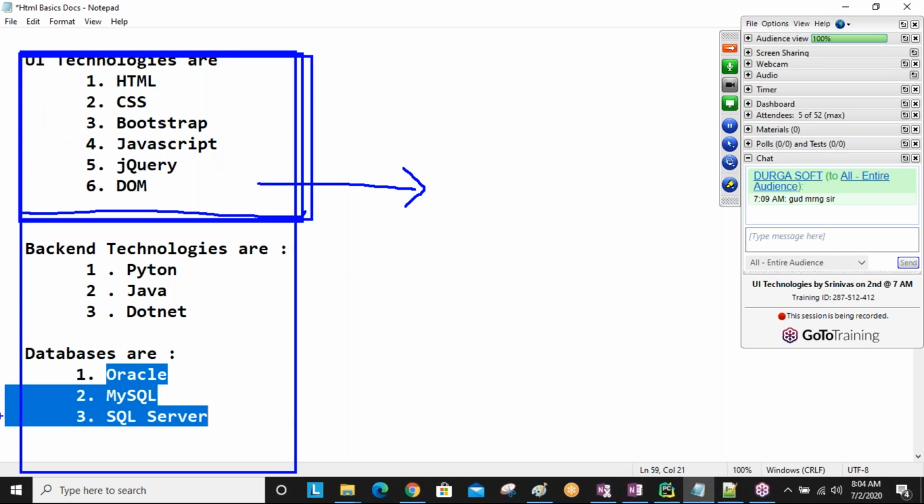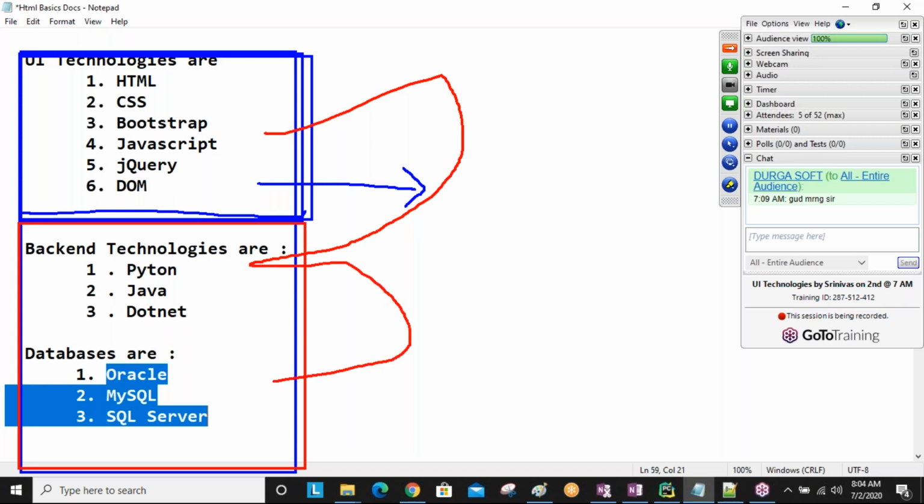The back end side developers know about the other part. A full stack developer means a person who needs UI technologies, backend technologies, and also database knowledge. That is a full stack developer. Are you getting this, sir?